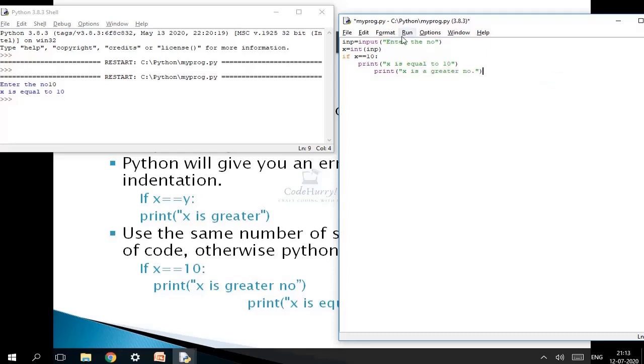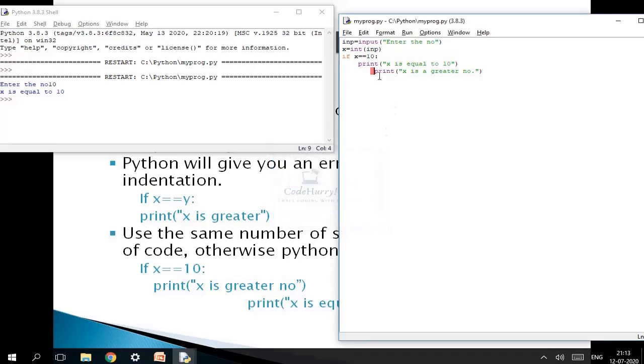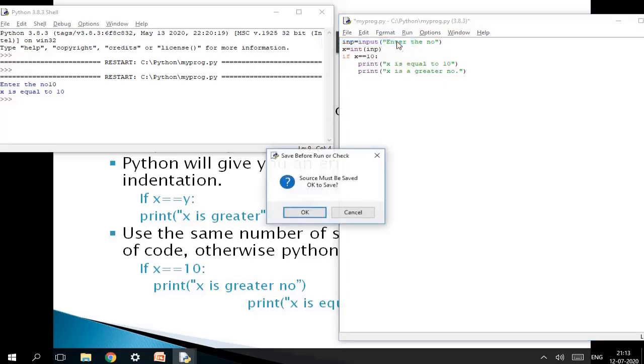Again, it shouldn't run and it should give you some error. See, again it has given a syntax error, unexpected indent, and it has highlighted where this unexpected indent is. So that means the indentations are not matching. So if I remove this and then run this program again.